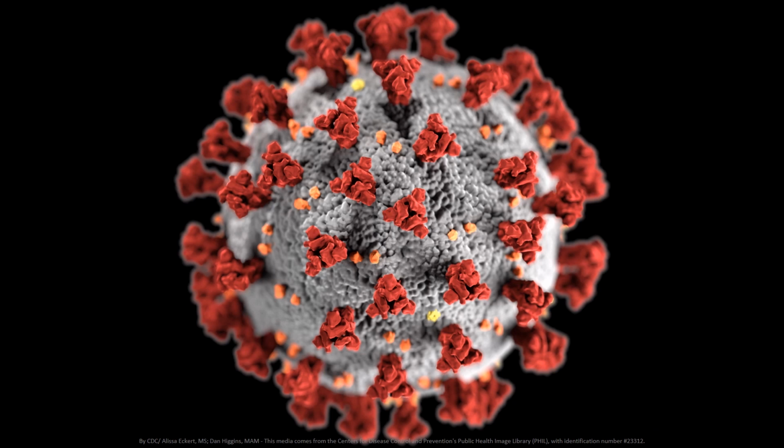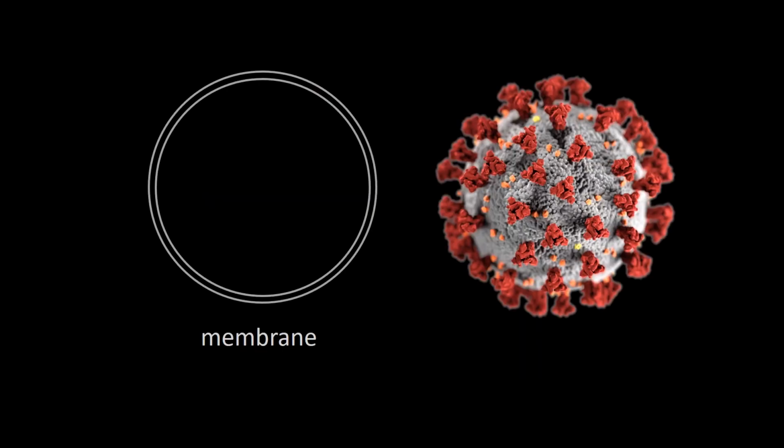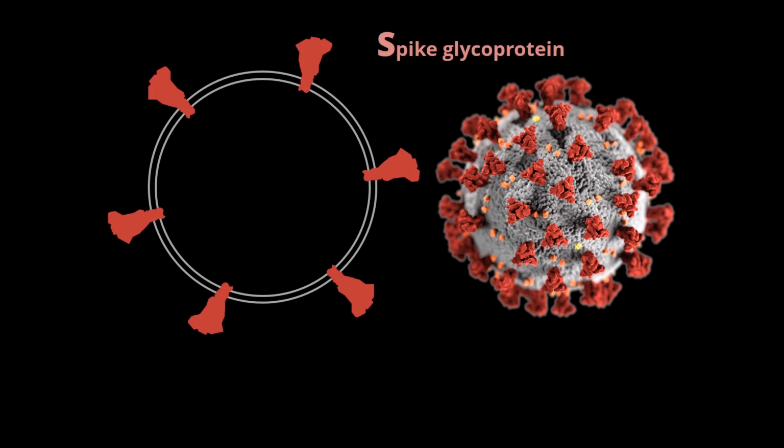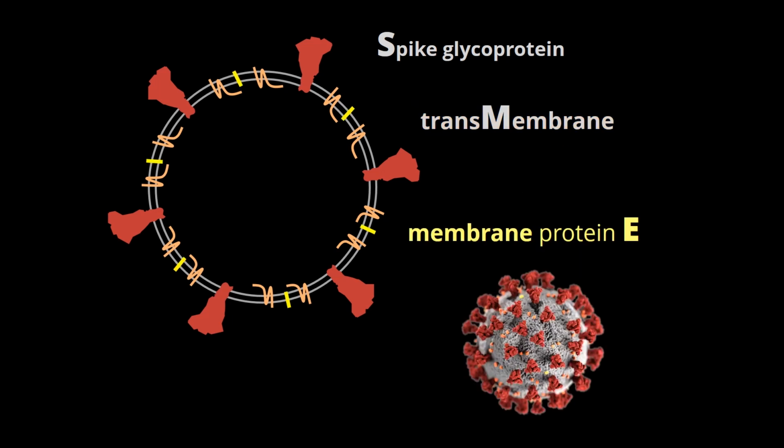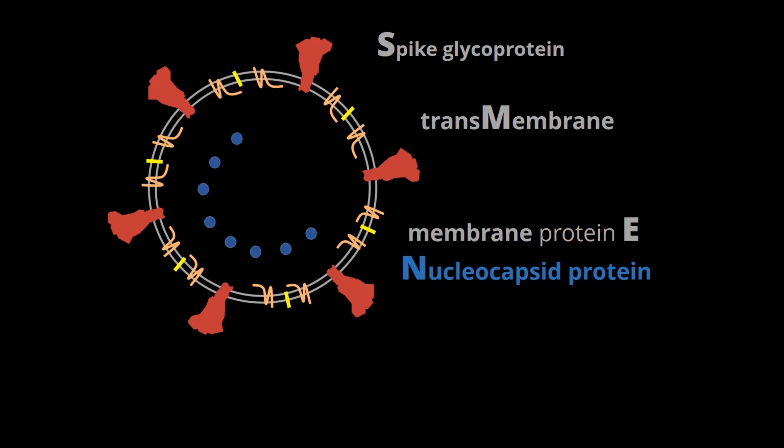You'll see lots of different coloured proteins on the outside. So it's made up of a membrane which has lots of proteins within it. There is the spike glycoprotein, which is the thing that binds to human cells. There is also the transmembrane protein M, which you'll see crosses the membrane 3 times like a zigzag, and there's also a membrane protein E, yellow on this diagram as well. So a number of proteins around the side, and then inside is the nucleocapsid protein, which helps bind together